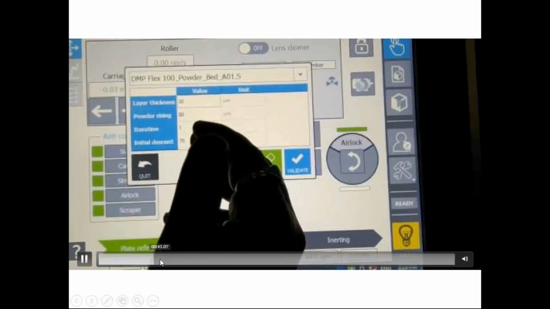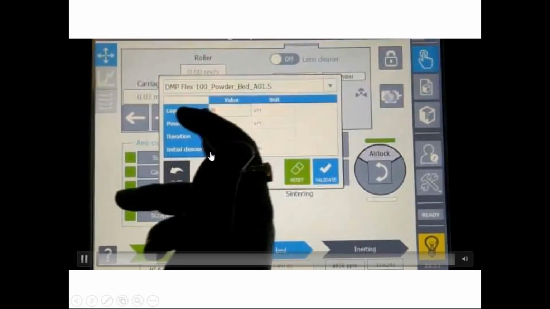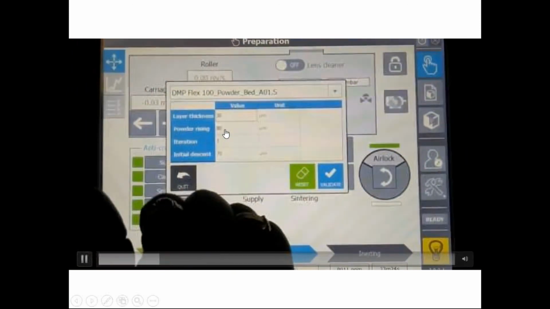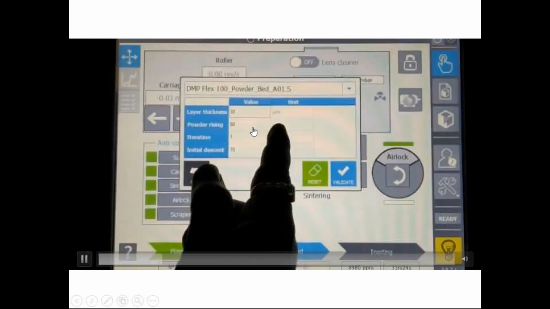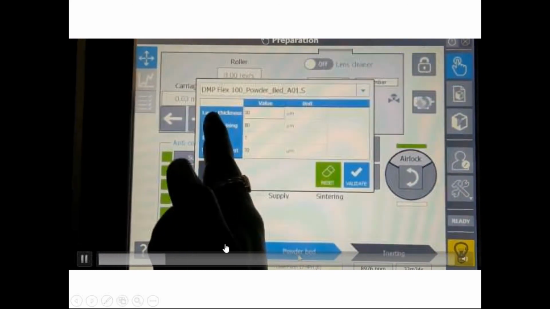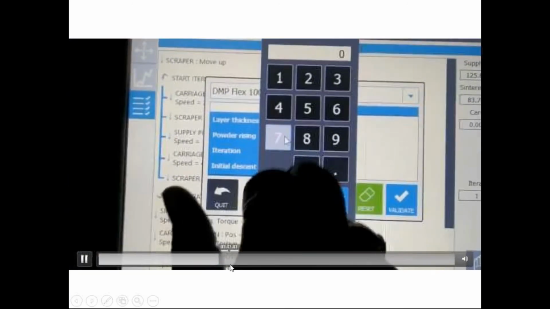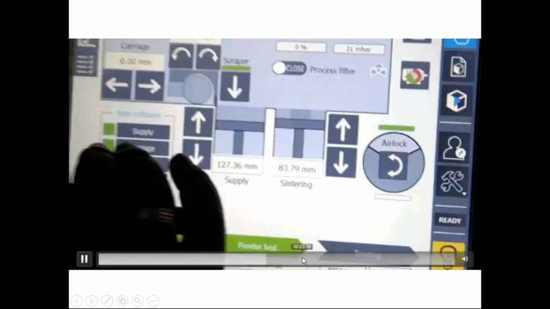With the help of the powder bed option, he is raising the powder. We can raise the powder. How much you want, you can enter here. It is rising now up to level. Now the carriage is moving over the build plate. Still we are not finding any layer. Now he raises the supply piston again. This process repeats until he deposits the first layer.